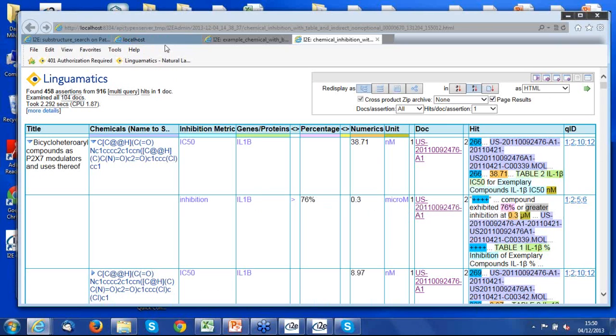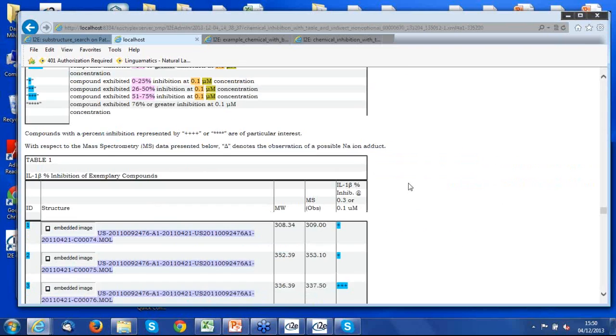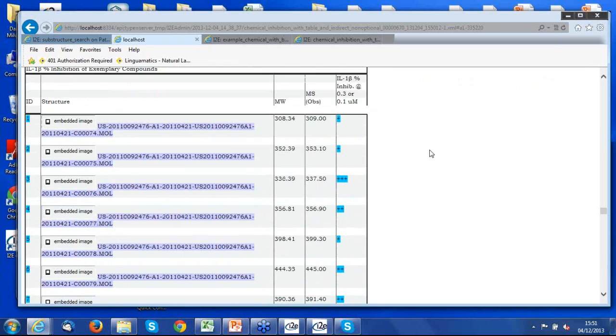So we can click through to the documents, and then we find the information in the document, and we can see that in front of the table we have the definitions of the particular pluses and stars. The reason the final one isn't highlighted is that none of the compounds had an inhibition at the 4 stars level. And then below you can see the different mol files, and in the